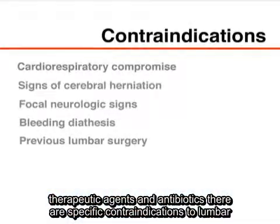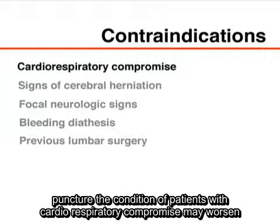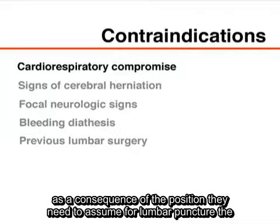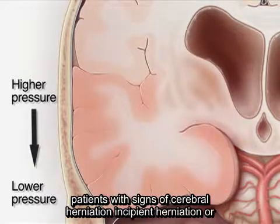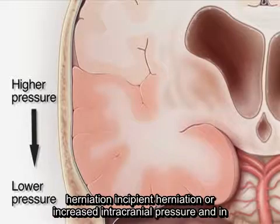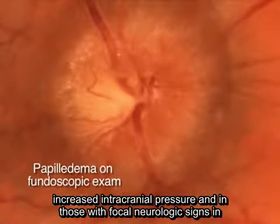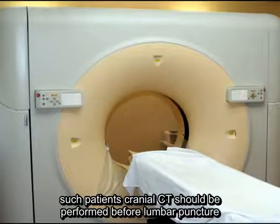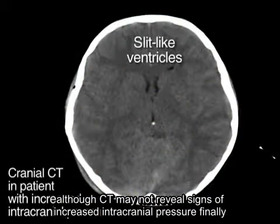There are specific contraindications to lumbar puncture. The condition of patients with cardiorespiratory compromise may worsen as a consequence of the position they need to assume for lumbar puncture. The procedure should also be avoided in patients with signs of cerebral herniation, incipient herniation, or increased intracranial pressure, and in those with focal neurologic signs. In such patients, cranial CT should be performed before lumbar puncture, although CT may not reveal signs of increased intracranial